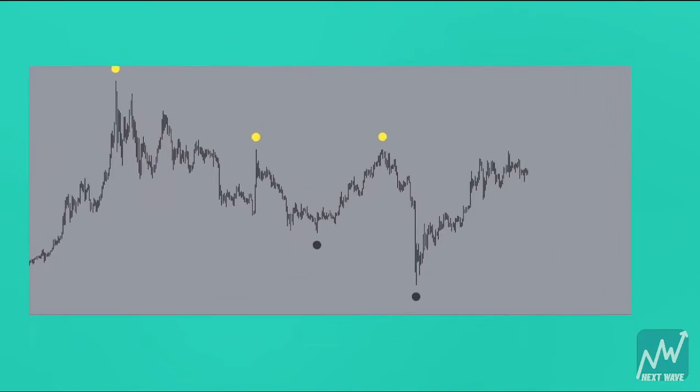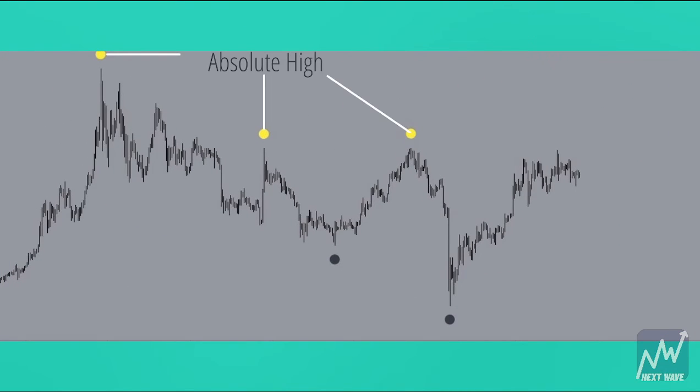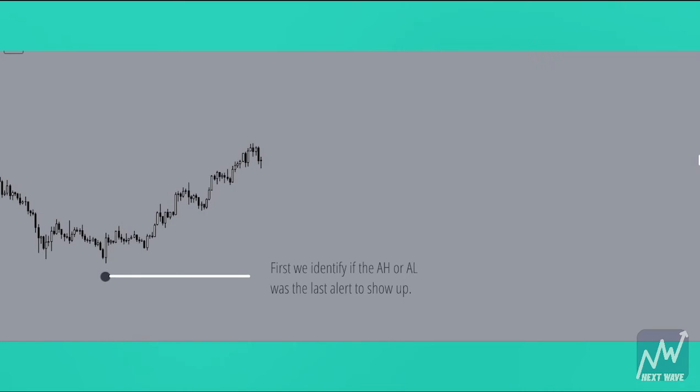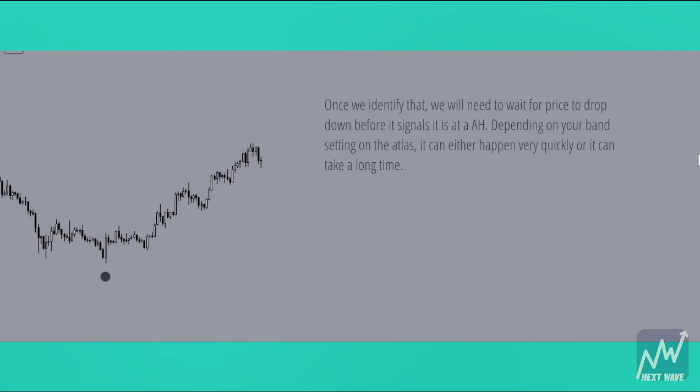Next, we have the absolute highs and the absolute lows. What this indicator is supposed to do is it's supposed to tell you when price has reached its absolute highest and absolute lowest. First, we identify if the absolute high or the absolute low was the last alert to show up. Once we identify that, we will need to wait for price to drop down before it signals it is at